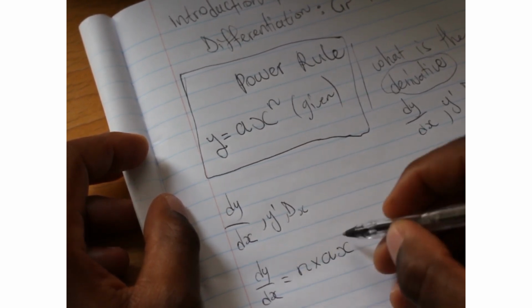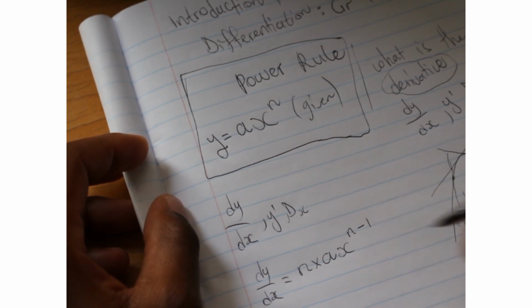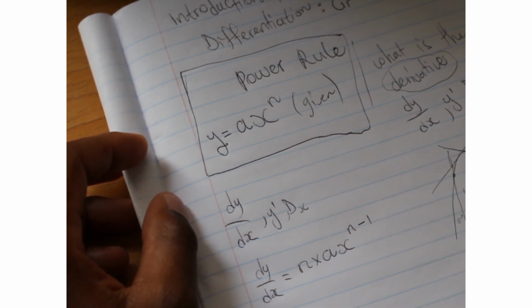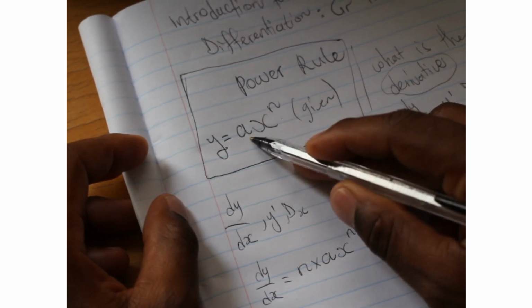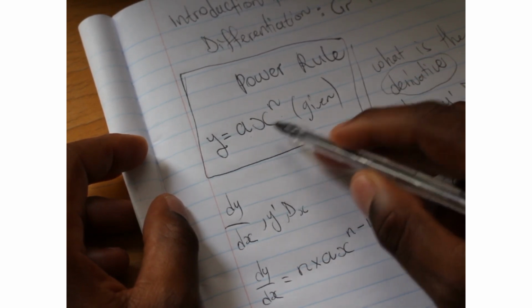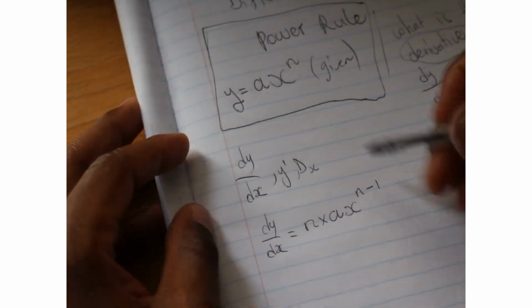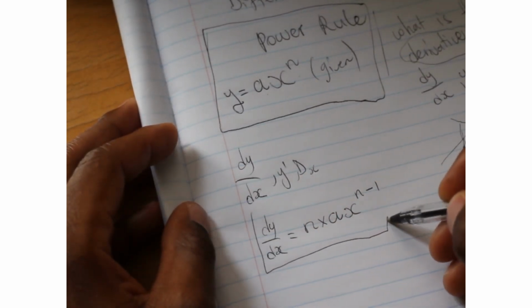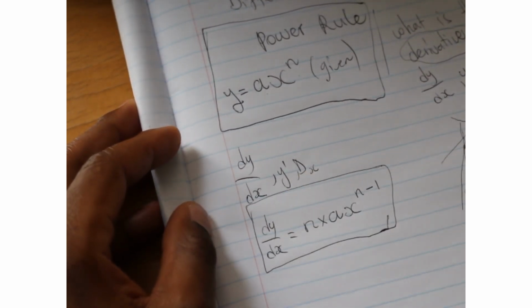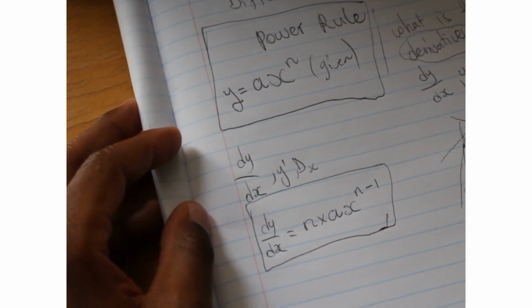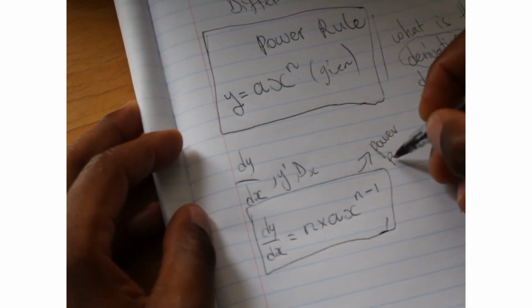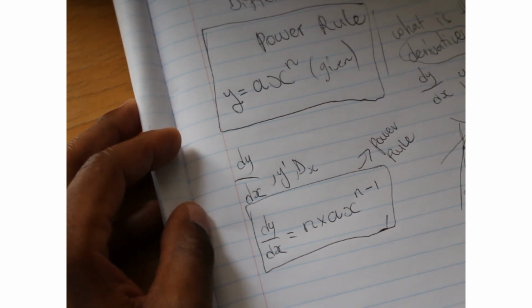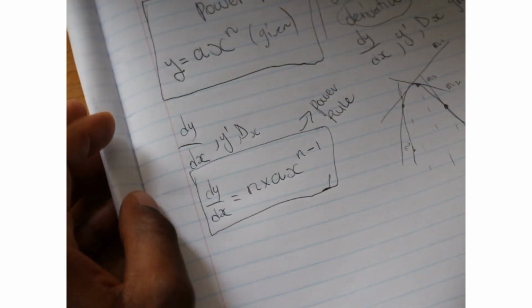Once we're done with that, then we go to the n and subtract 1. You understand? So the first thing you do, you take the n, you multiply with the a, and then once you're done with that, you go to the n, you subtract what? 1. It's just a simple rule of differentiation, right? But obviously this is the actual power rule, because it's a rule that we apply. So now look,